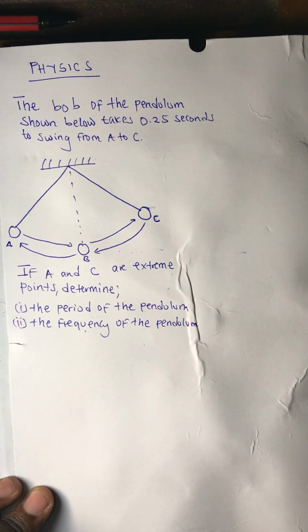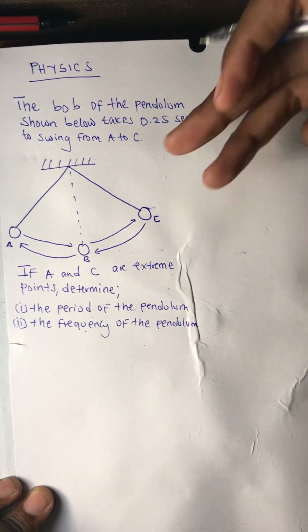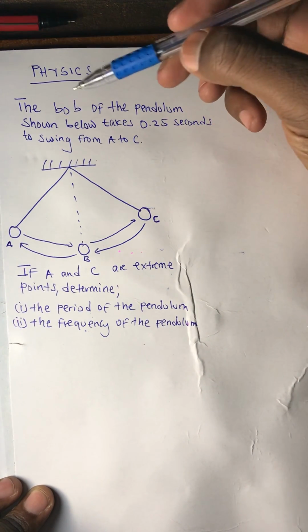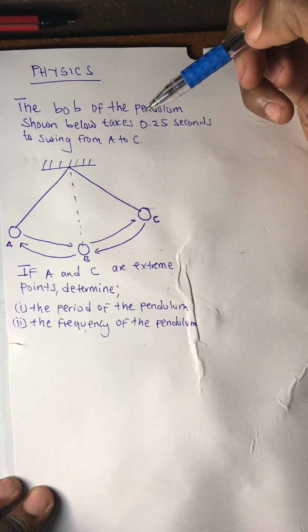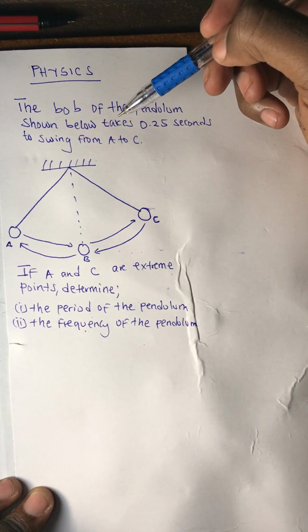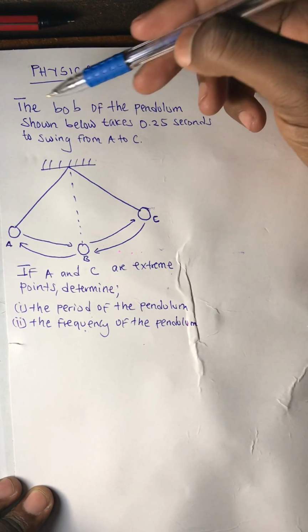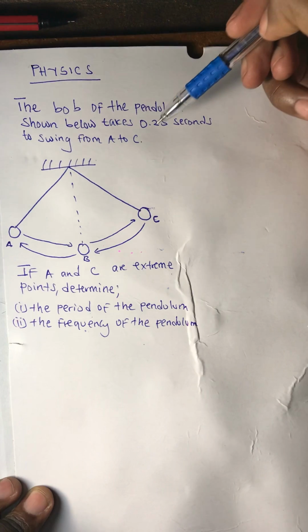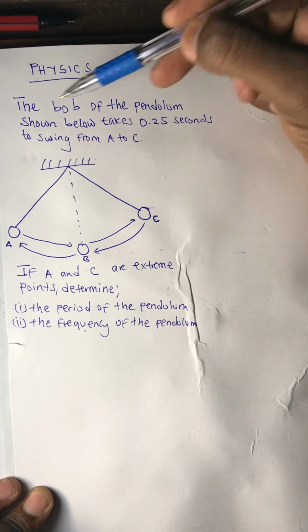So guys, we are looking at the simple pendulum. Let's look at this example that I sent to the group, and then I'll send some more questions that you can attempt. So this question says the bob of the pendulum shown below takes 0.25 seconds to swing